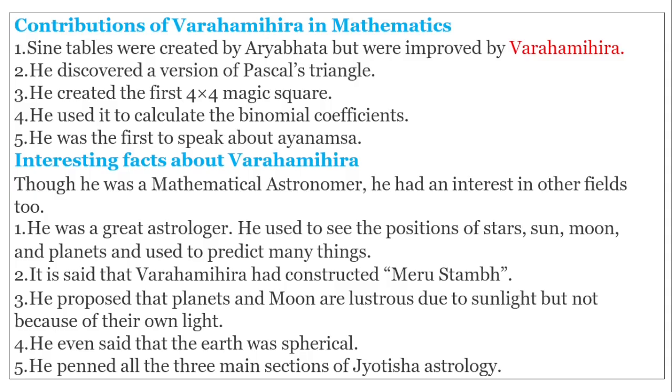He discovered a version of Pascal's triangle. So a Pascal triangle is named after a European mathematician Pascal, but it was known to Indian mathematicians earlier. Pascal triangle is a triangle having n rows, so n can be any positive integer. You can write it for any value n, and if you write it for a certain value of n, then